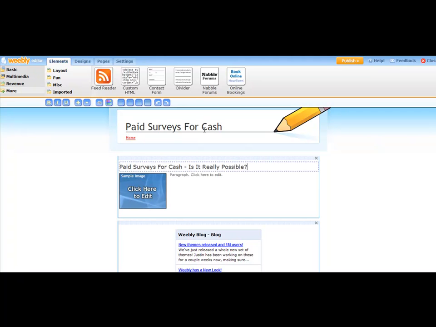So the title should say something like, "Paid surveys for cash - is it really possible?" If it's weight loss, "Weight loss in 10 days - is it really possible?" That's whatever niche you happen to have picked through ClickBank, or maybe it's the Nintendo Wii system. "Is it possible to buy it still at Christmas time?" So whatever keyword, whatever product, whatever service, try and get that into the title as I instructed in the previous